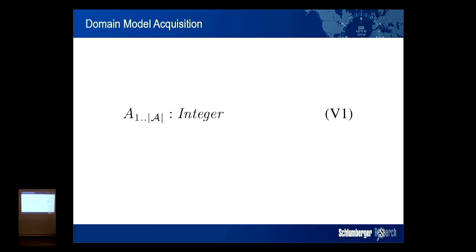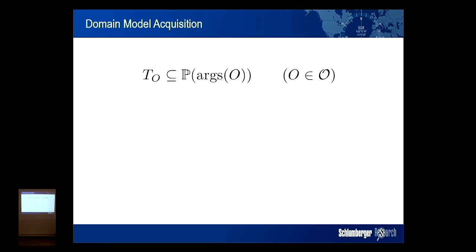Okay, so in order to do this, we use a constraint programming method. We've got a set of integer variables for all of our ground actions. And then we say that the sum of the ground actions in each plan must be equal to the total cost of that plan, for all of the plans pi in big Pi. And now that would be enough to get us a consistent assignment to all of the ground actions.